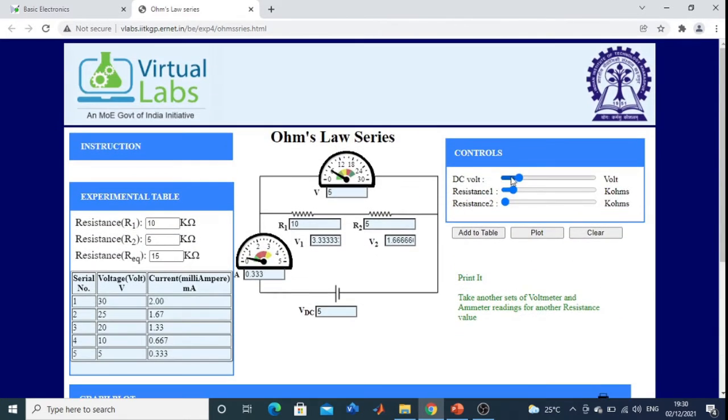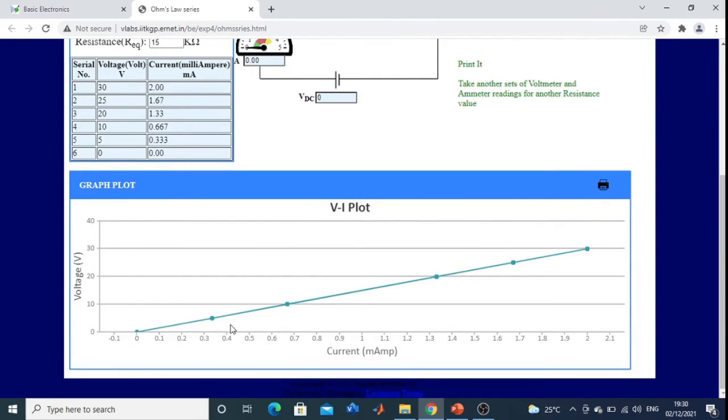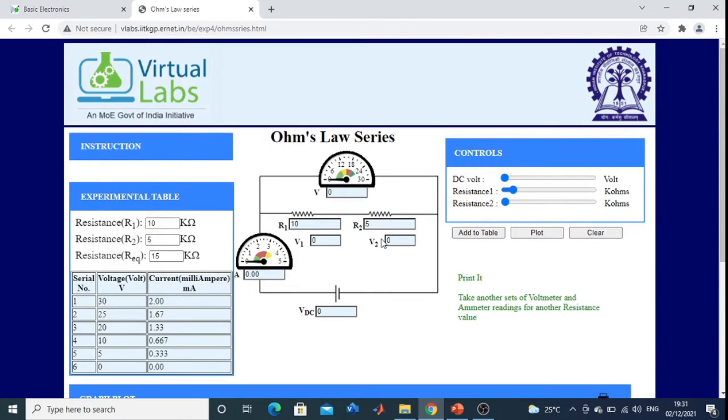Clear? Then if I will change it to 0, then add to table, then current is also 0. So plot. Now you can see the graph, straight line, it is starting from 0. Okay. Clear students? If any doubt, you will comment me in the comment box.